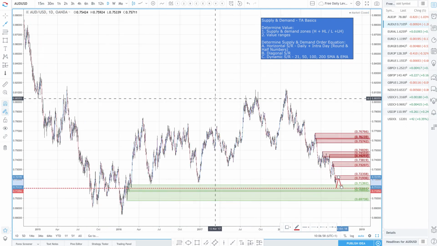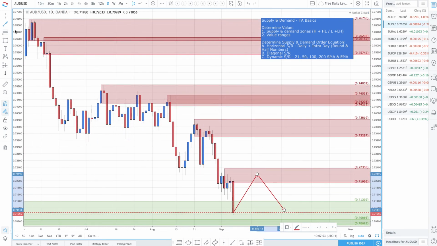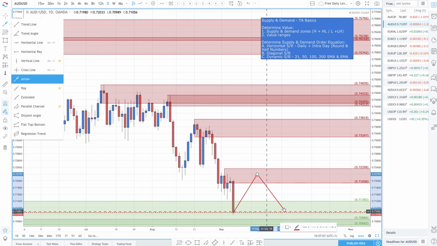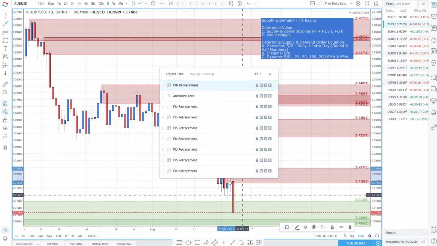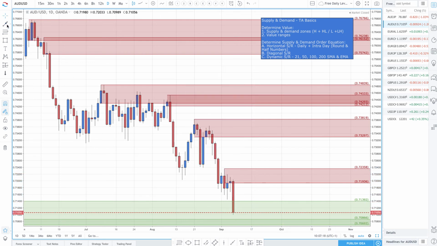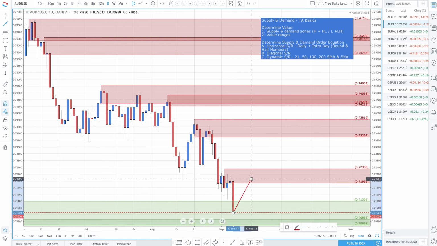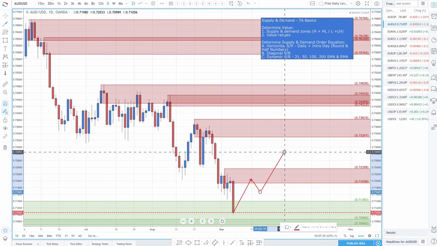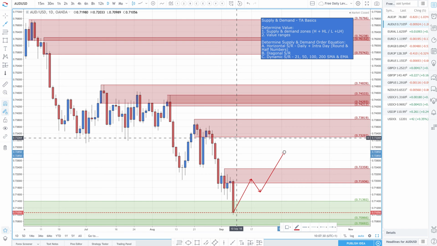If you're looking to buy, what I would say is look for some confirming price action, so higher highs and higher lows, before looking to get long. So we could see something like this take place, where prices again maybe come up at some point, create higher highs, higher lows, and then look for